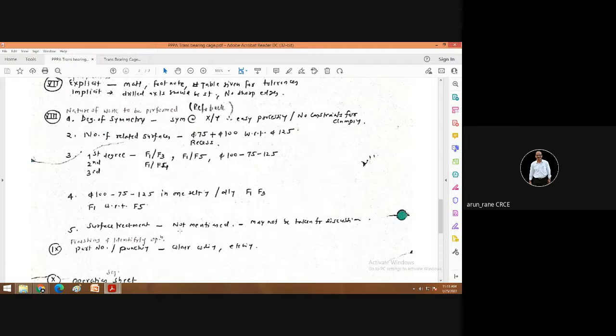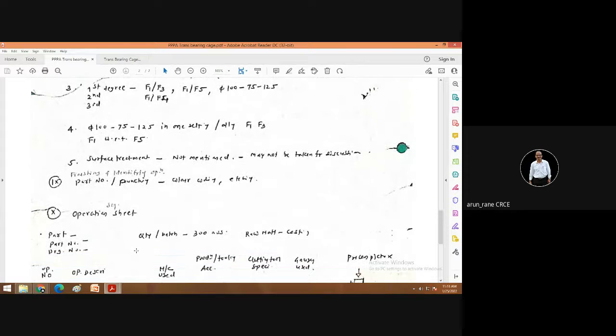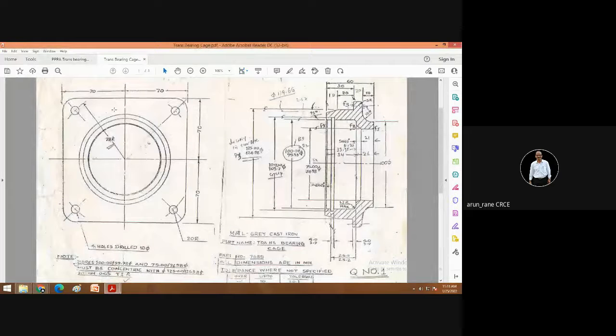Surface treatment: there is no surface treatment mentioned in the drawing, that is plating, cleaning, or sandblasting, it is not mentioned. Then finishing and identification. Here you can punch the identification number on this surface.